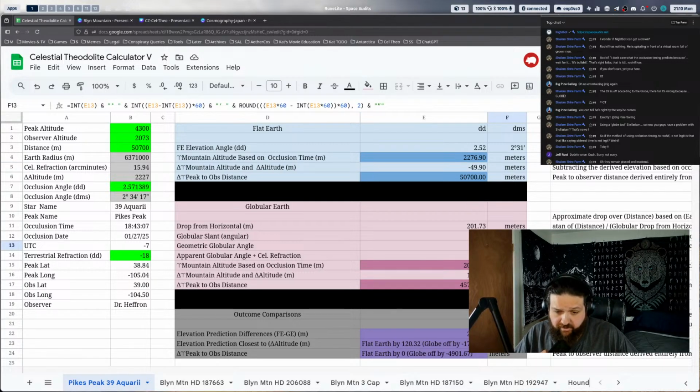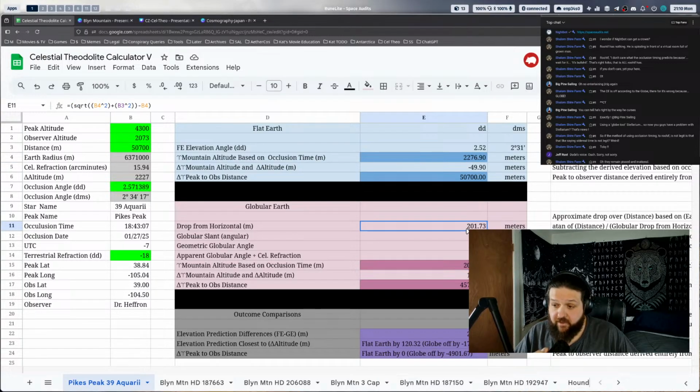Okay, cool. 219. We're looking at 219 right here. And we're looking at the elevation derivation based off of occlusion timing using 219. Oh no, you're off by 170 meters. And then also further, when you subtract our value off of it, you get what the globe would have predicted the drop is in meters. That's crazy. But check this out. On the bottom here, the closer altitude prediction is flat Earth for the physical elevation of the mountain, and the globe is off in meters when you derive the distance doing the tangent of the elevation and the occlusion angle. You're off by almost 5,000 meters. So what was it you were saying again?